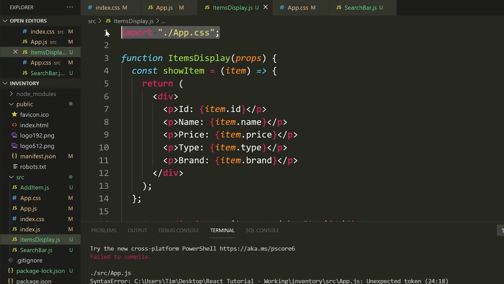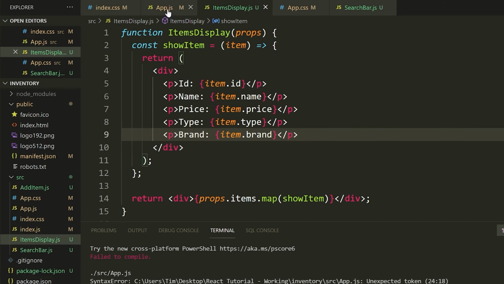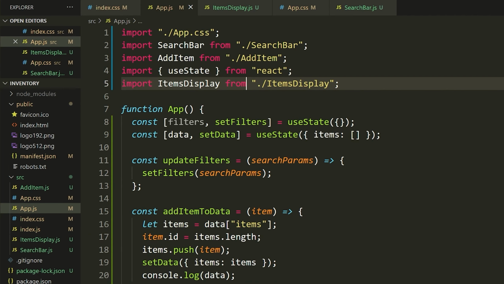Perfect. Okay, so hopefully everyone is clear on that. Let me just remove this import right here. That is how global style sheets work. So import them wherever you want, but just realize that as soon as they're imported, they're going to be global and they can be accessed by all the different components or wherever you want to access them in your React application. Again, the reason you would name them different things is just to keep some of your CSS organized. It's strictly a readability thing. It doesn't actually change the functionality of the CSS files. Okay, so that was global style sheets.